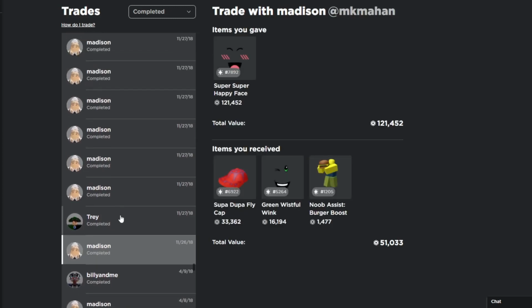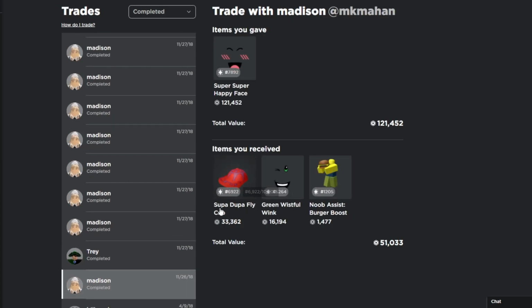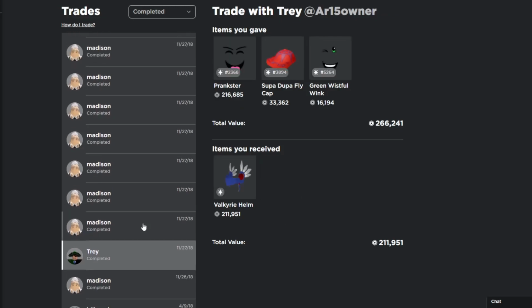Got myself a legit. Would have been better if I didn't do that. And then here's the red super. Oh jeez, yikes. So I guess I got rid of that, got the red super. And then this is another not one of my proudest moments. What I really wanted to do is get the Valkyrie helm. I wanted to just sit on the Valkyrie helm, and my sister wanted it. So in desperation, I gave all this for the Valkyrie helm, which is my final trade of 2018,